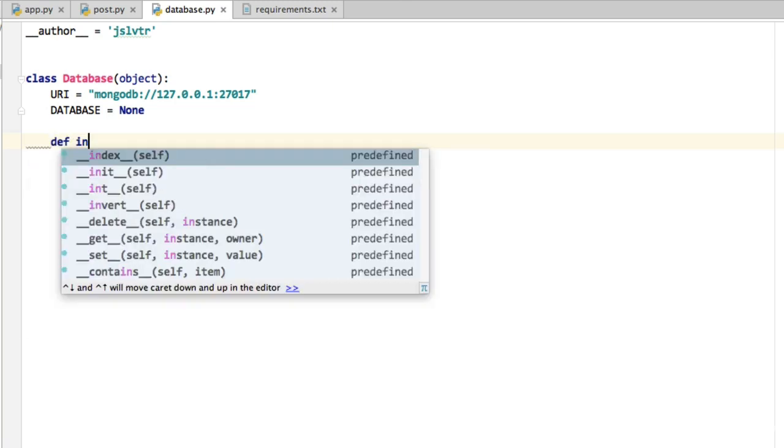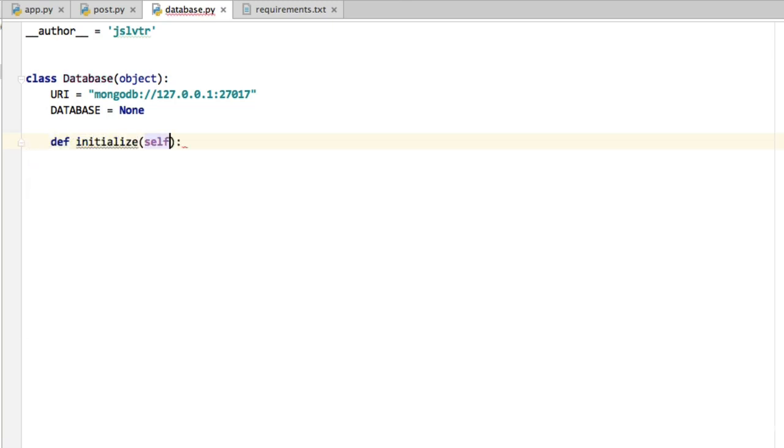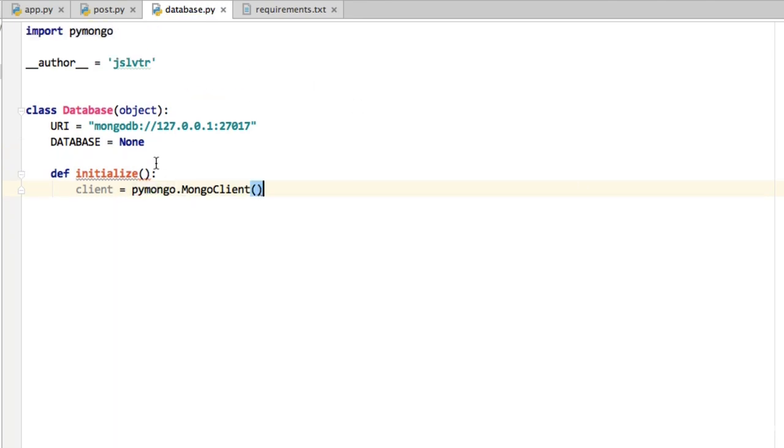Instead, what I'm going to create is an initialize method, and this is not a Python-only thing, and I'm going to remove the self keyword from the beginning. And what I'm going to do is I'm going to say client, which is my variable, is pymongo.MongoClient, and I'm going to have to import pymongo. And now in this bracket I want to put this URI here,